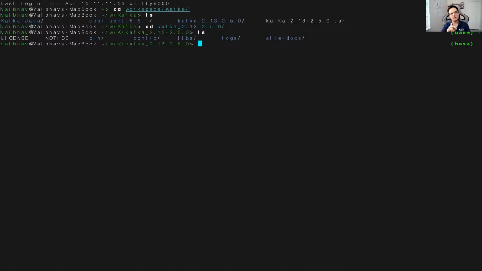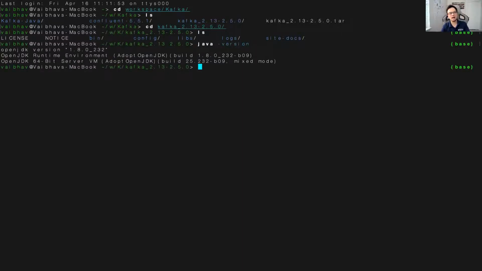And before starting that, I also want to make sure that you have Java installed. To check, you can type java -version. And as you can see, I have my OpenJDK version installed. You require Java to run Kafka.